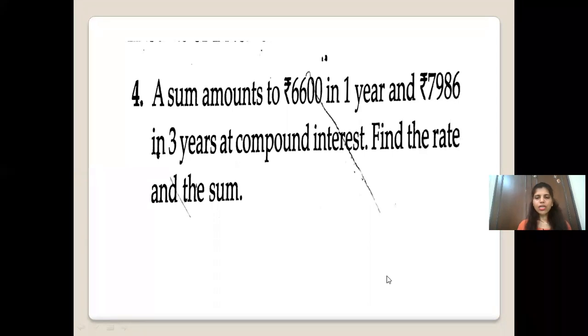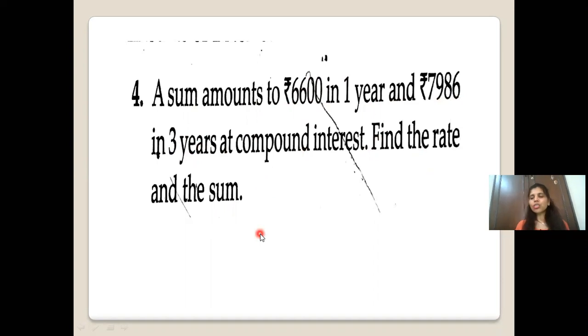Now we are going to start with the fourth question. Here you can see it is said that the sum amounts to rupees 6600 in 1 year and 7986 in 3 years. As we have seen in the last video, it was consecutive years, but here it is a non-consecutive year. So whenever it is non-consecutive years, and you have to find the rate and the principal,